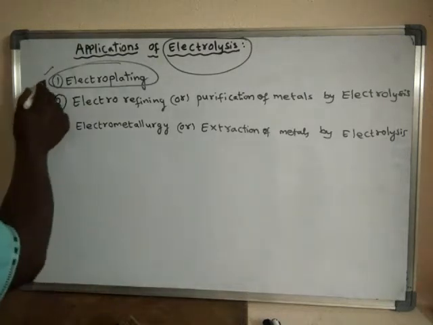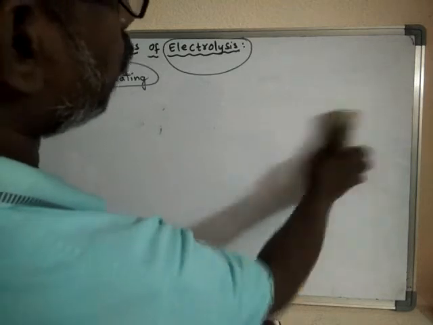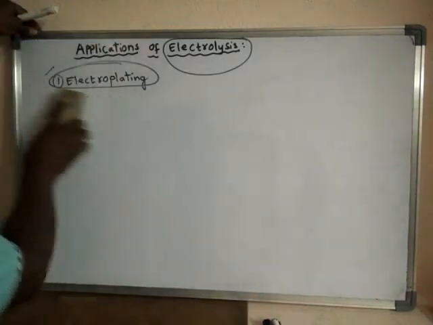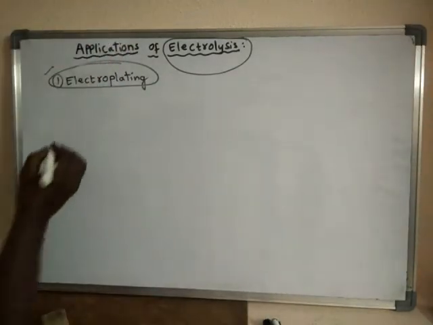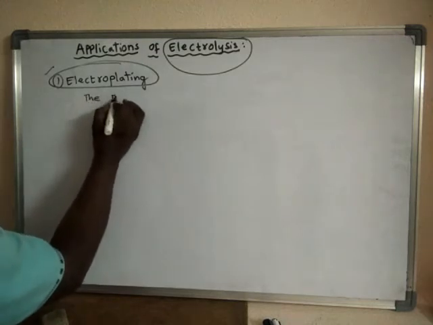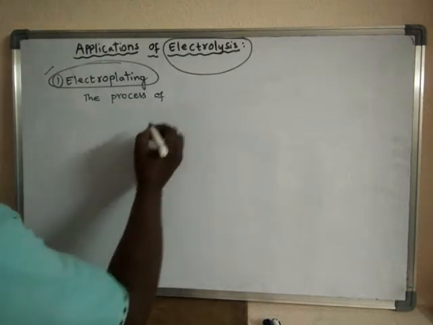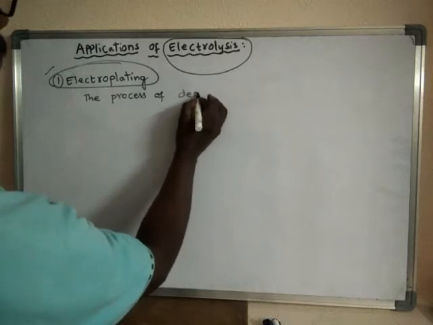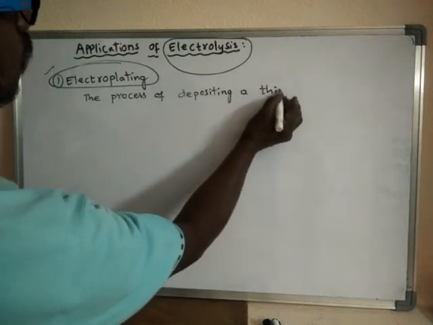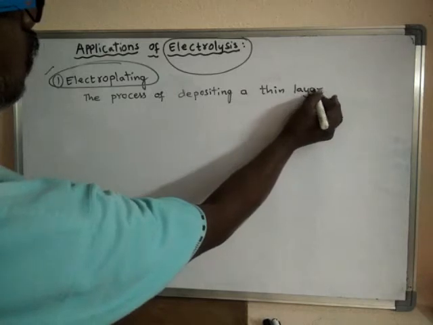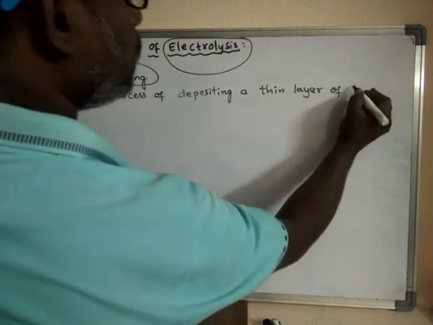Electroplating is nothing but the process of coating a superior metal over an inferior metal, the process of depositing a thin layer of superior metal,